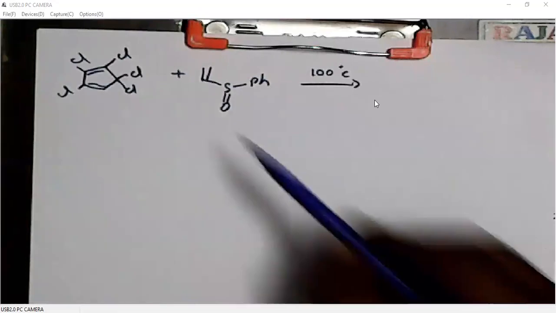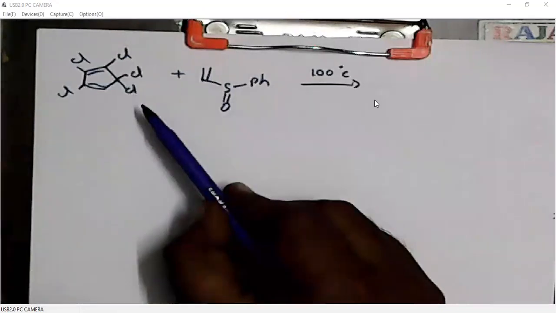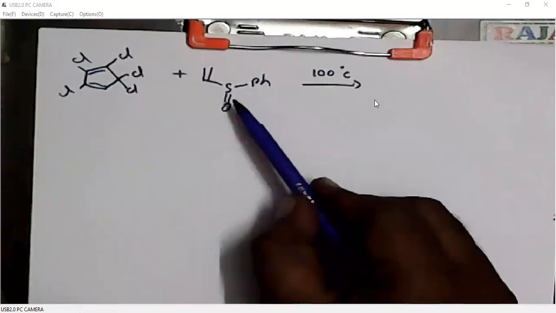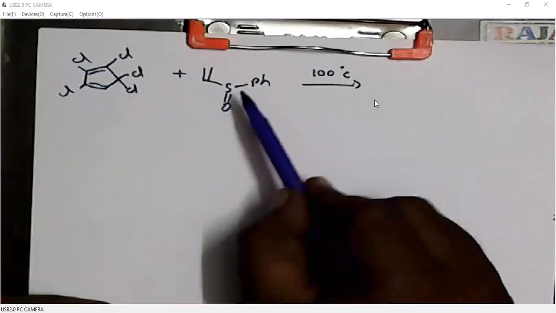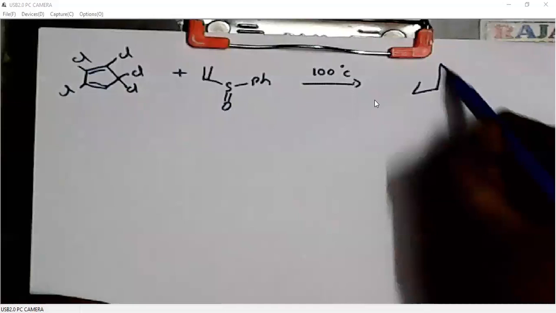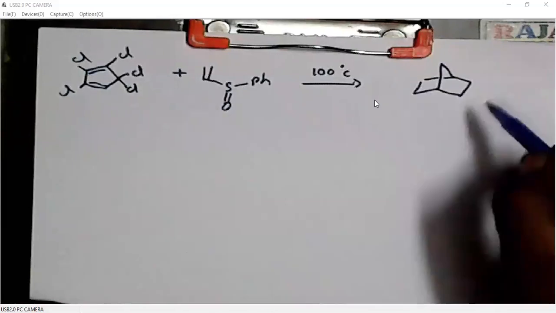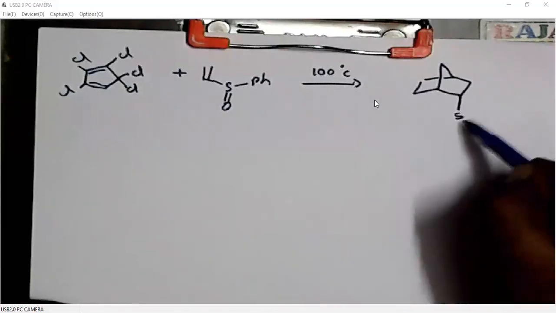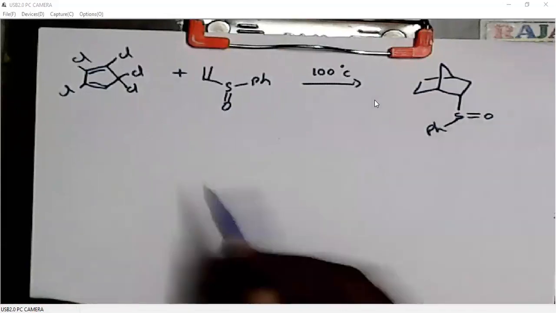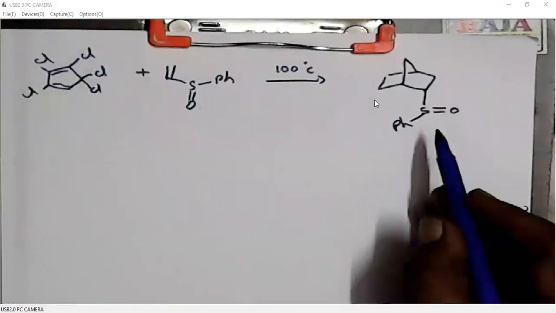Right. So this is an endoselective dienophile, so it must be written on the left side. But of course, we know how to predict the stereochemistry, right? So it is not always required to write the dienophile correctly. We can write the product correctly. So according to endoselectivity, this must be below the plane. So this is the endo product, right? So we will write it like this. If you write left side or right side, it doesn't matter. We should predict the product correctly. That's our point.